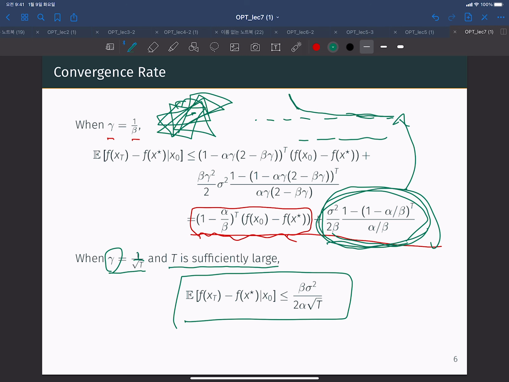This is very nice: beta sigma square over 2 alpha square root T. So basically you can converge to the true optimal point x* when capital T goes to infinity. When capital T goes to infinity, so you have an infinite number of iterations, you can converge to x* with a speed of 1 over square root of capital T. Okay,